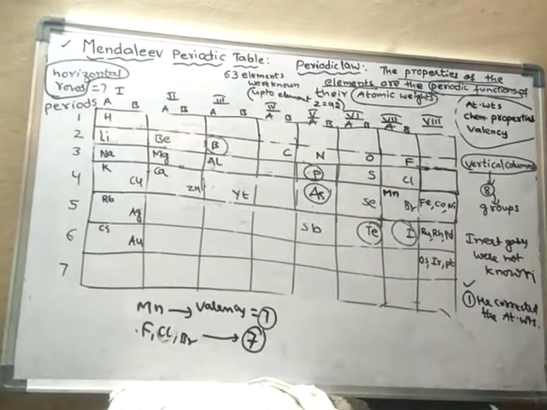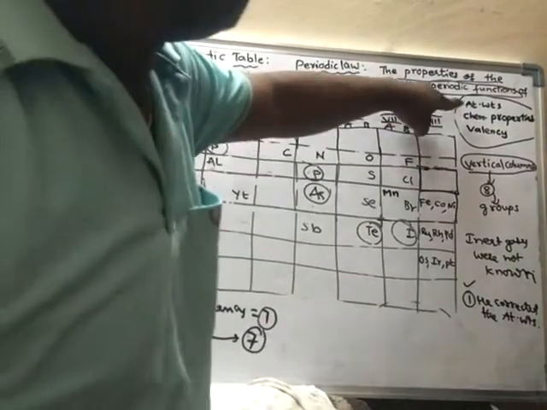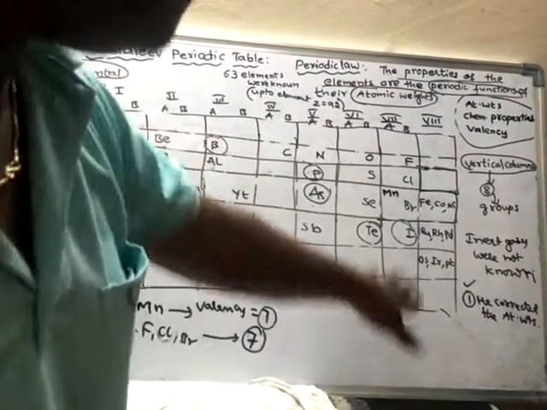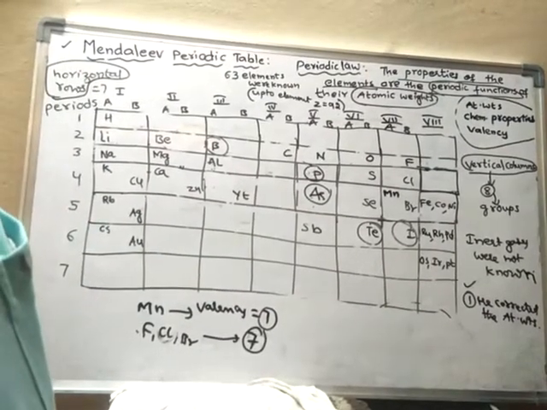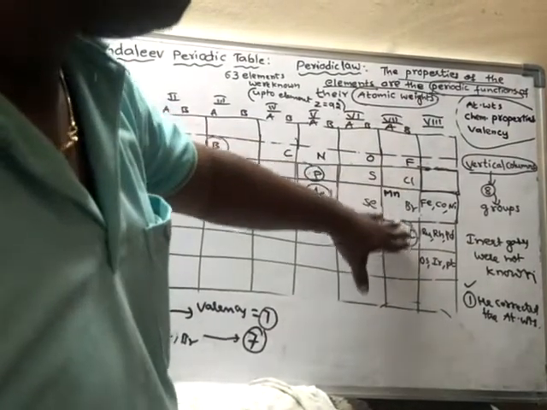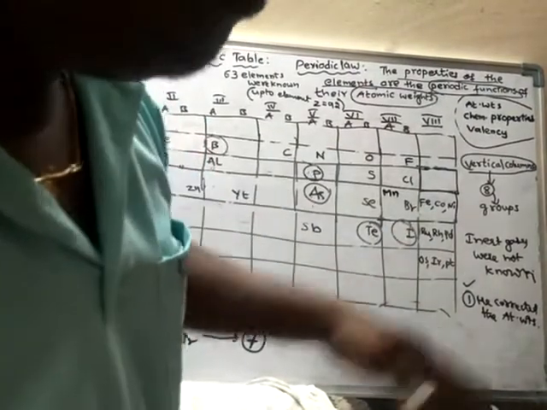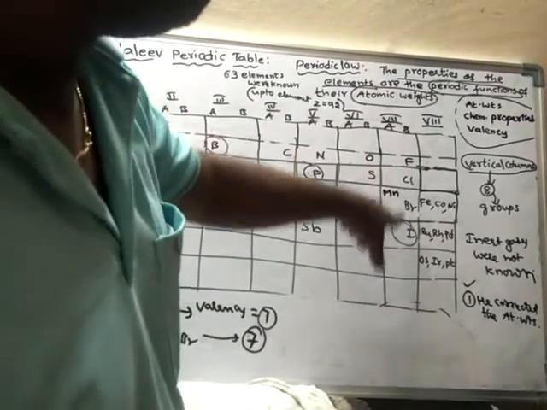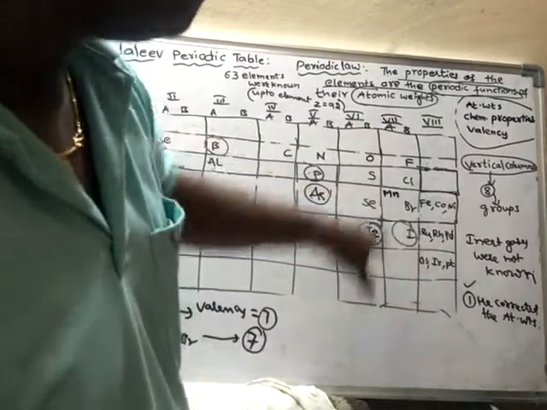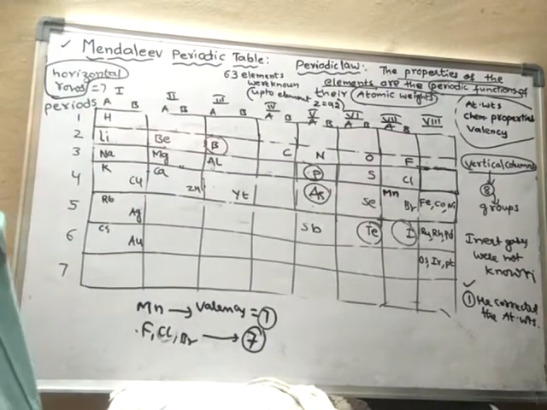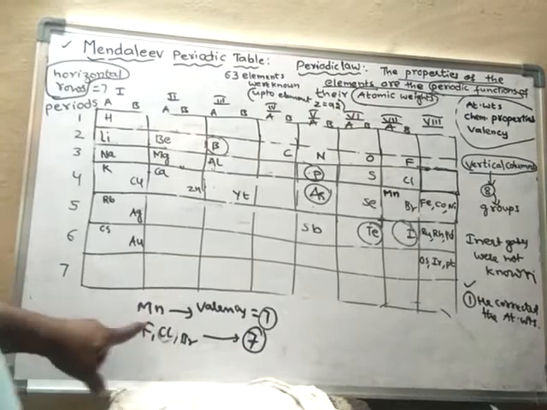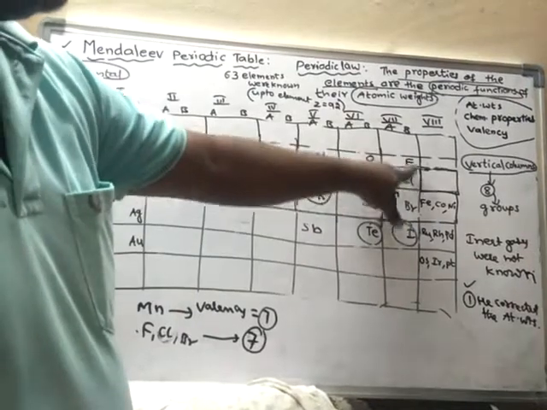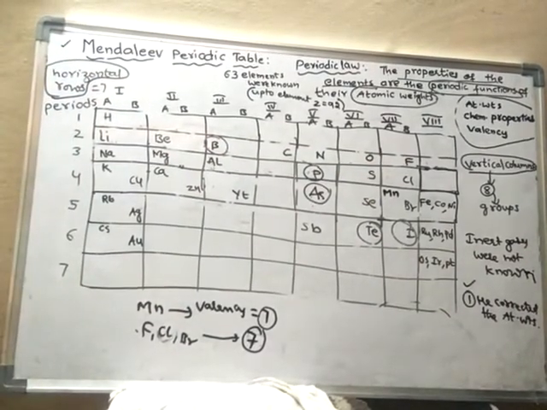Already we have discussed that he considered atomic weights, chemical properties, and valencies also for construction of this periodic table. He grouped all the elements which show similar valency into the same group. So with that idea, manganese was placed in seventh group. All the elements which are placed in the seventh group show similar valency 7. As manganese valency is 7, hence it was placed along with fluorine, chlorine, bromine, and iodine.